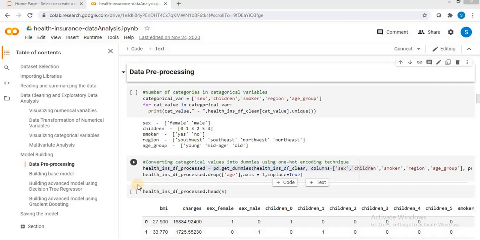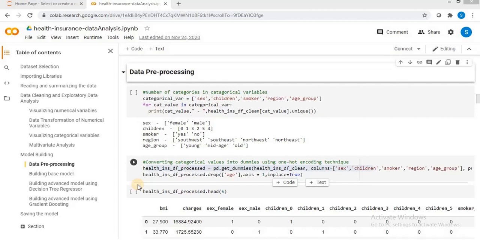Please note that when dealing with real-time projects, we do not have one particular best model that is predetermined and can be used to model the dataset. We have to try and test out multiple models to choose the best one within the business and technical constraints. In this tutorial, we'll try 3 different models and check the results.